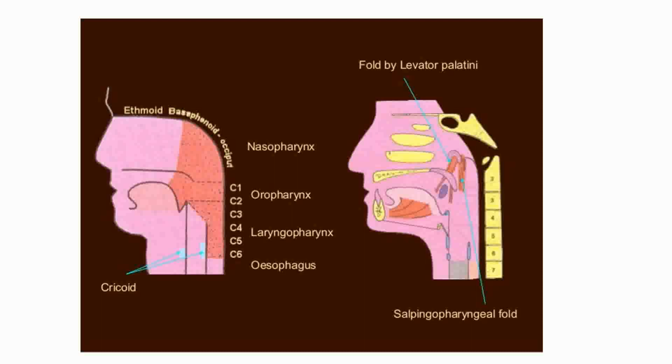In this slide, you can see the basic classification of the pharynx, how the pharynx has been divided. The pharynx has been divided into 3 parts: nasopharynx, oropharynx and laryngopharynx. Why I am telling this is, our today's topic, the lymphoid tissue tonsil, is located in the oropharynx. Among the 3 parts, the tonsil is located in the oropharynx. In this picture, you can make out from where to where the oropharynx extends and locate where the tonsil is present.